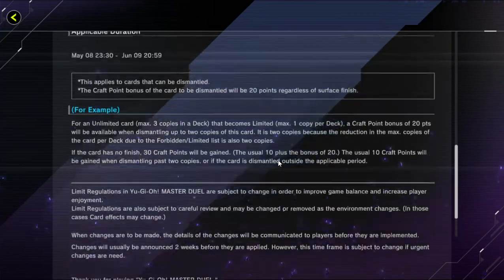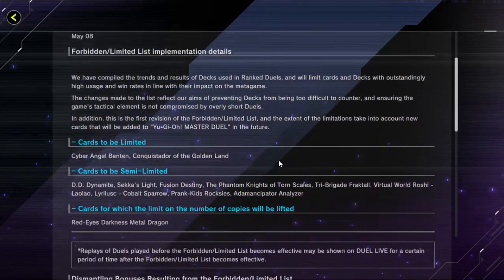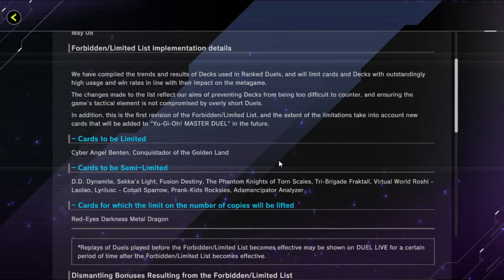Okay. But anyway, more focused on this list. It doesn't do anything, and I'm very disappointed in it. Whoever's handling the balancing over at Konami Master Duel, I wish that they would update more frequently, I guess. This isn't very good, in my opinion. It doesn't do enough. You can tell that they don't play this format, and they don't understand anything about the format. They understand maybe DD Dynamite's an issue and everything like that,